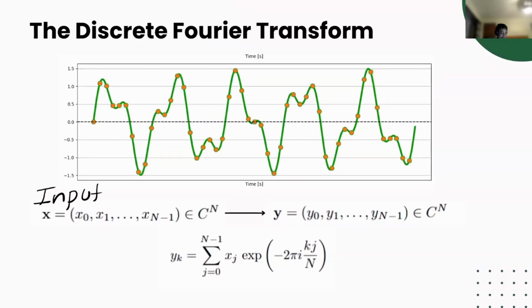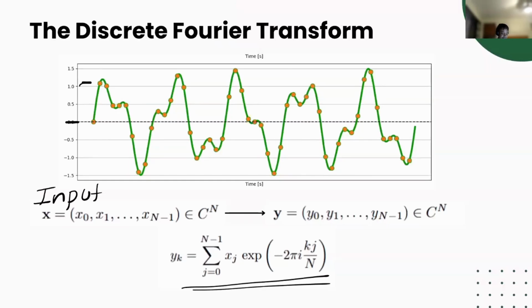What this input corresponds to are these y values at certain instances. So say, for instance, at x equals 0, we would have this y value here. For x equals 1, we would have this y value here, and so on and so forth. What's really important to note is that these are evenly spaced points on this graph. And what the Fourier transform does is it takes these evenly spaced points and transforms them into that frequency graph that I showed you initially. The way that it transforms it is via this equation right here.